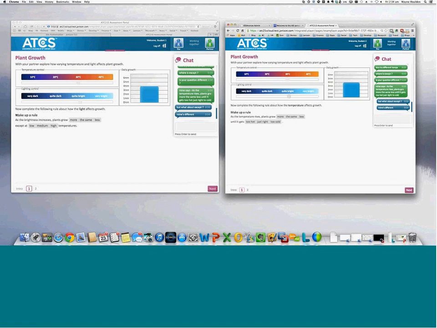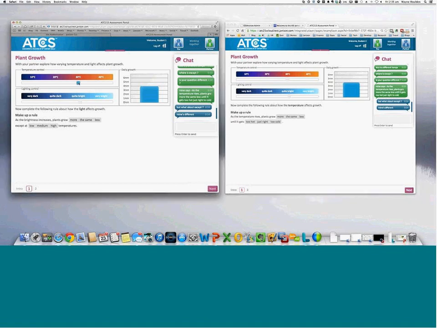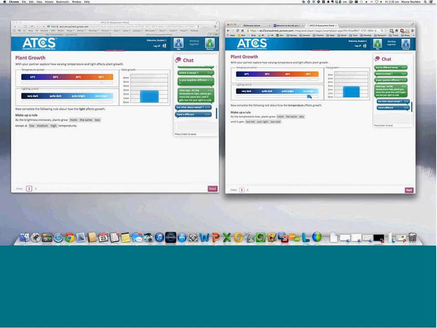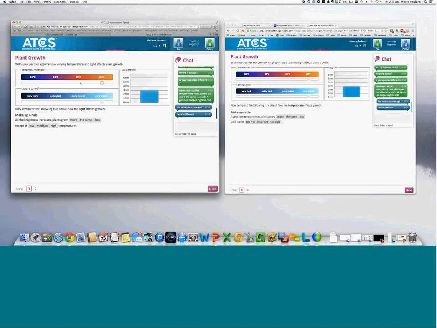Also, the question that the students have to answer is slightly different on each machine. You'll note that on this one it says, now complete the following rule about how the light affects growth, and on the other, now complete the following rule about how the temperature affects growth. So you have to do slightly different activities to answer both of these questions, which is basically to try out the settings to work out how we can make the growth of the plant